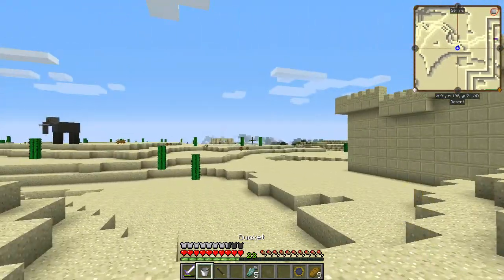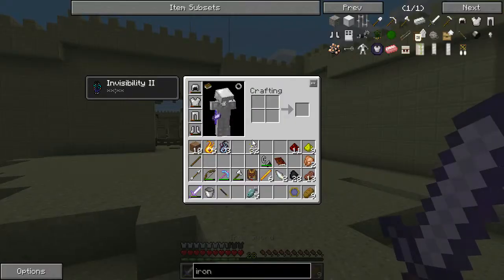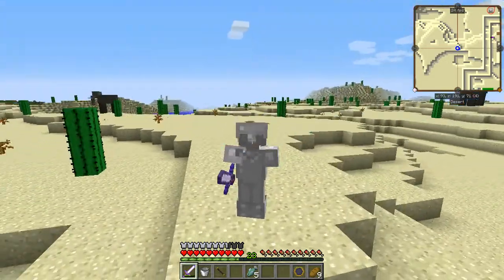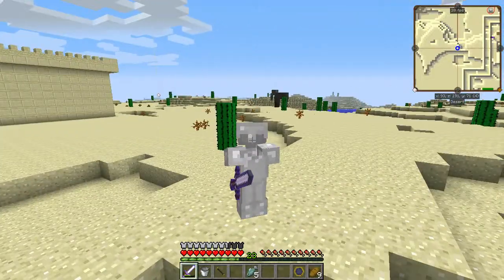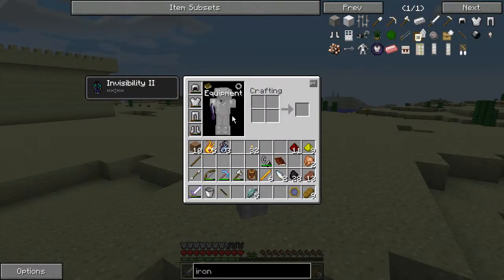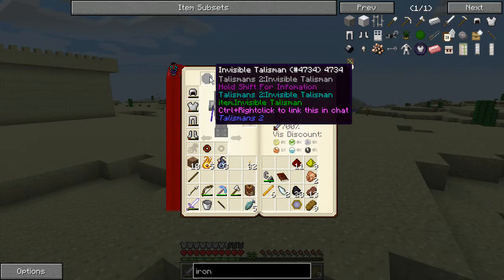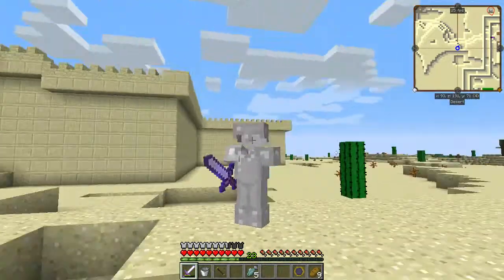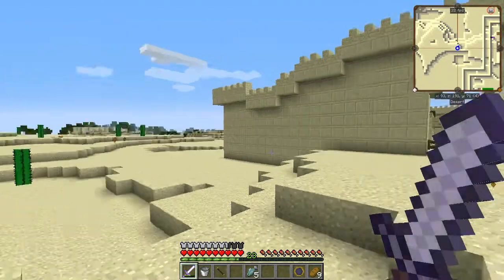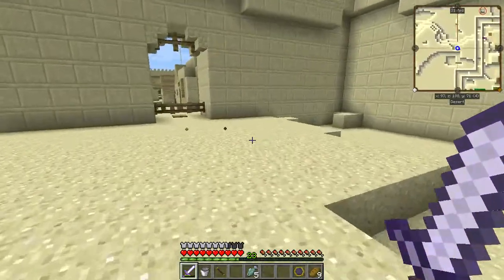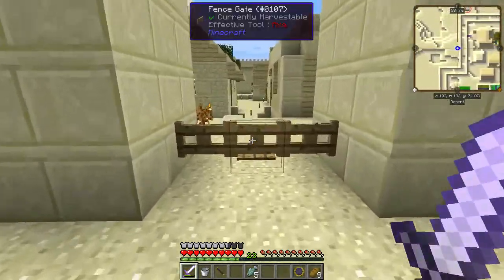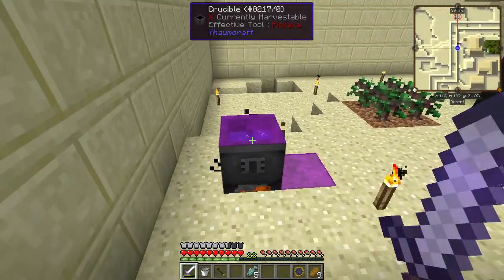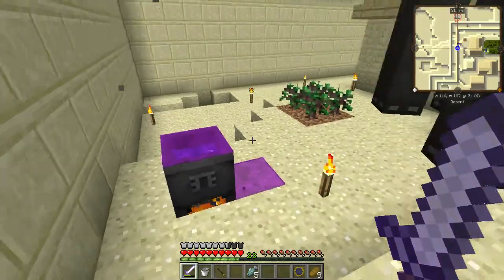That is fine. Right. So, yes, you may also notice from that I am currently not here. On my travels, I was lucky enough to procure myself an invisible talisman, which makes me invisible. Obviously, I am slightly more visible the more armor I am wearing, but it is somewhat useful for avoiding monsters. I was using it quite a lot, and we have some more flux here, which we will deal with